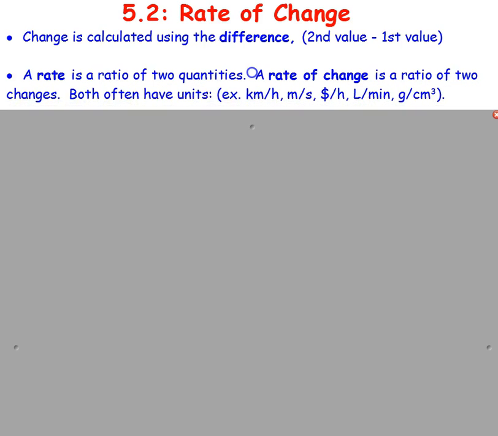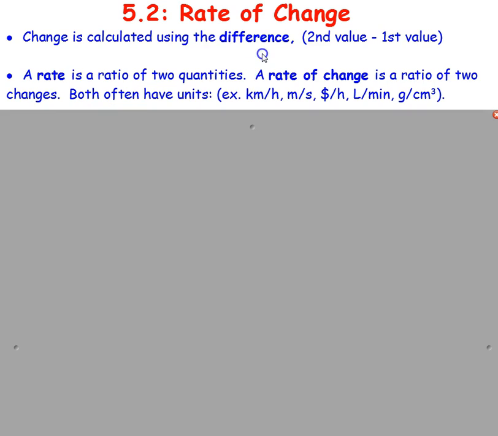Let's move on. Two terms which you've certainly seen before would be rate and rate of change. Rate is just a ratio of two quantities, and a rate of change is when the ratio involves numbers that have differences. The rate of change often has units, and some examples are given here just to make some connections. It could be how fast something is moving, the amount of money made per hour, the filling rate of something in volume units per minute, or density, grams per cubic centimeter, for different types